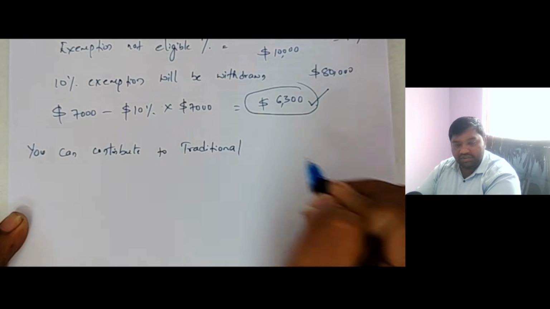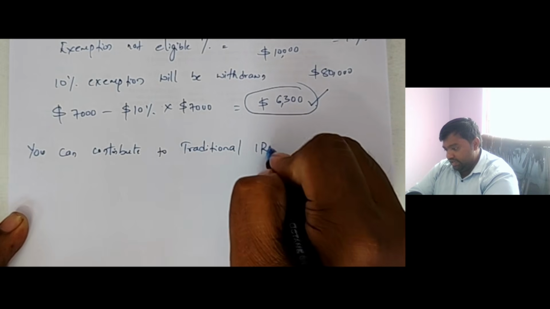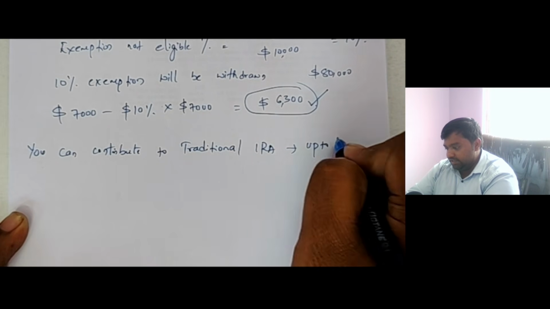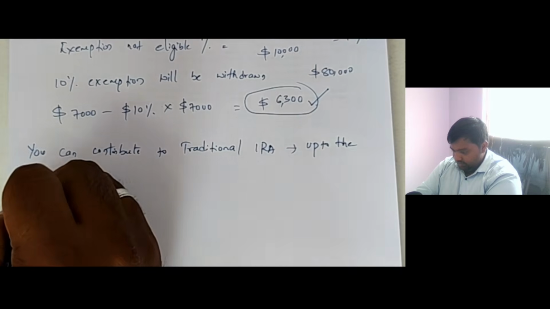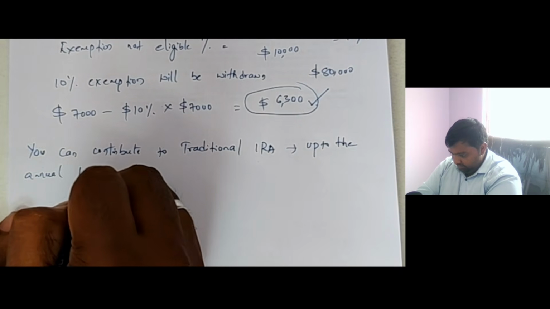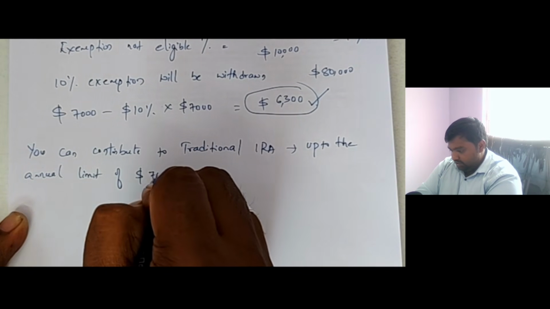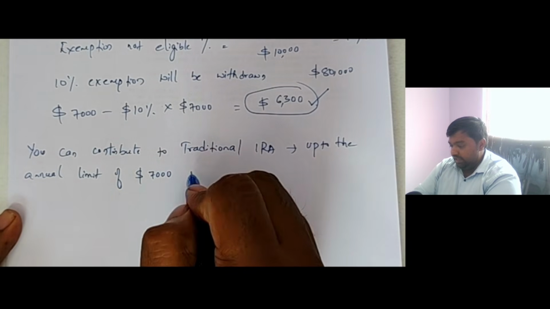There are no restrictions for contribution to traditional IRA up to the annual limit of $7,000,